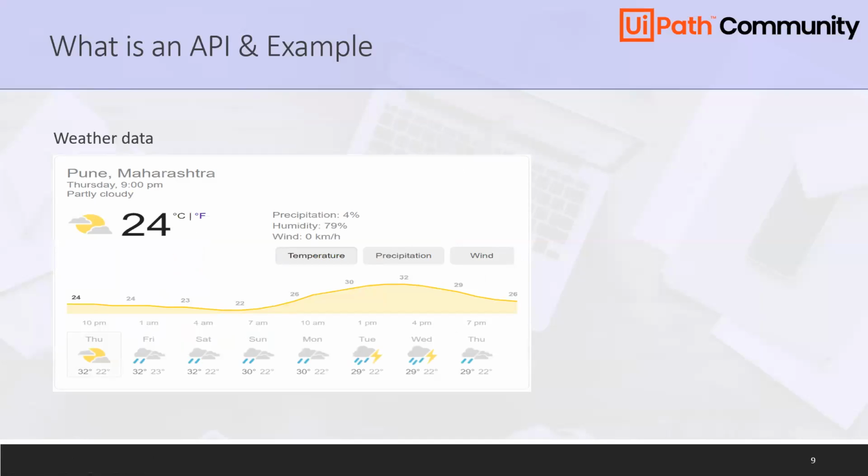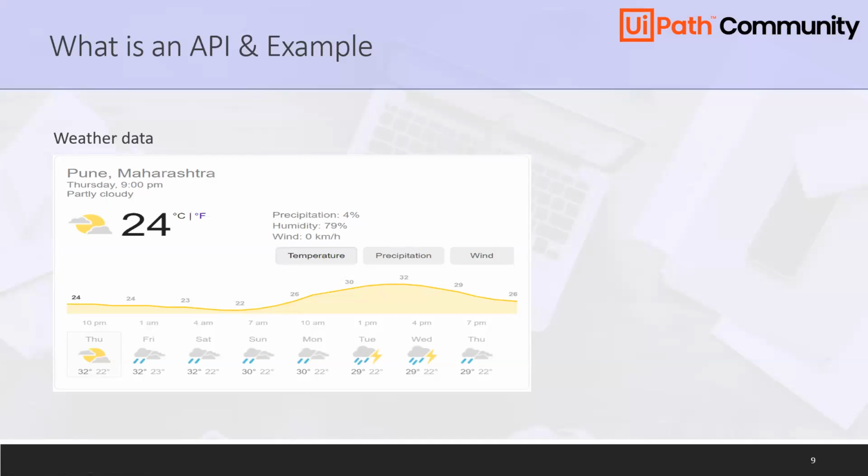You get all the details. Google is not in the business of weather data, so how do they get the weather data and send it to you? They source this information from a third party, and they do it with the help of an API.